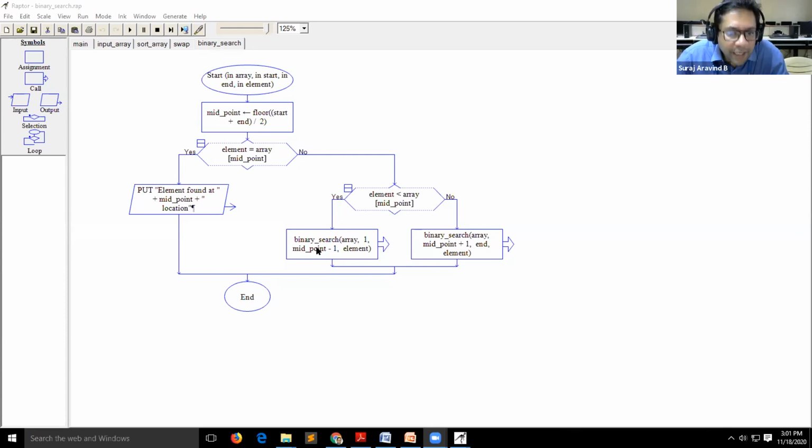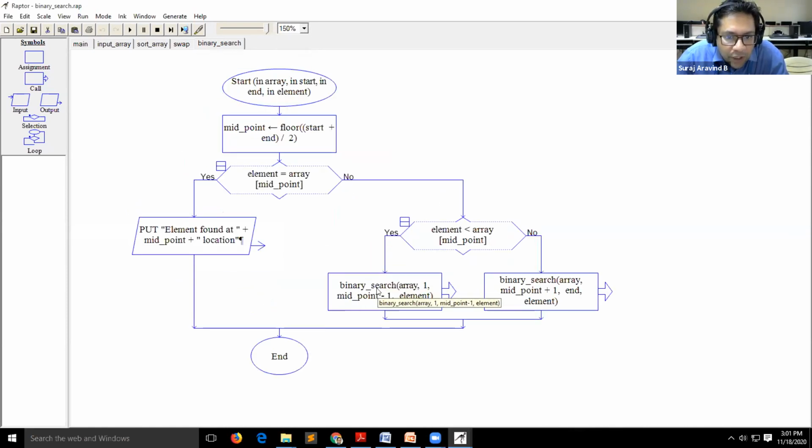To search, again I am calling the same procedure. Recursive call, again I am calling binary search with the same array. But this time, because it is on the lower side, my starting index will be 1, but my ending index will be middle point minus 1. And the element which I have to search.